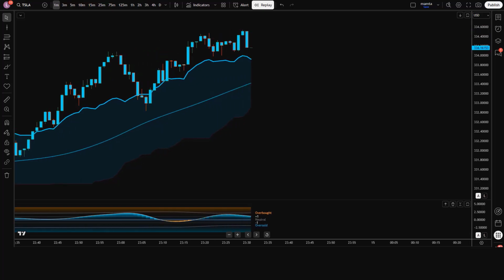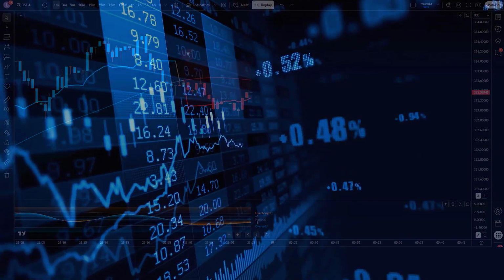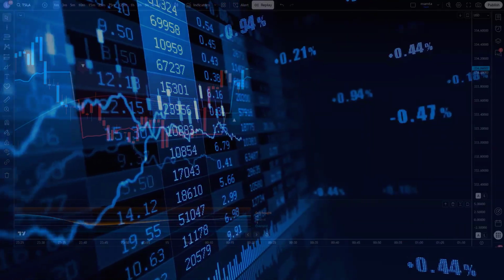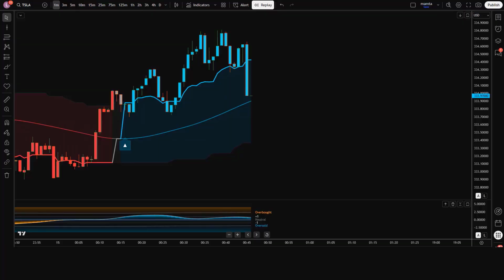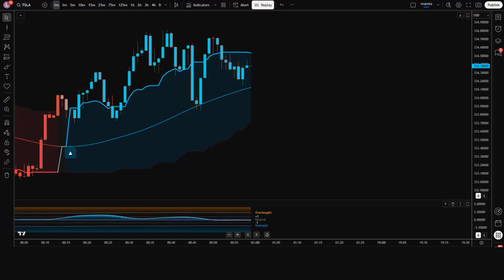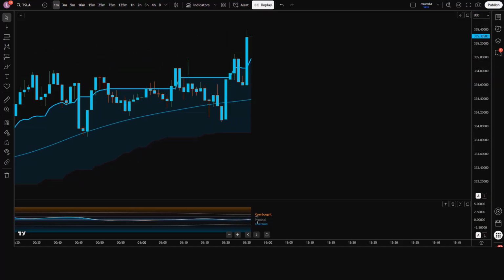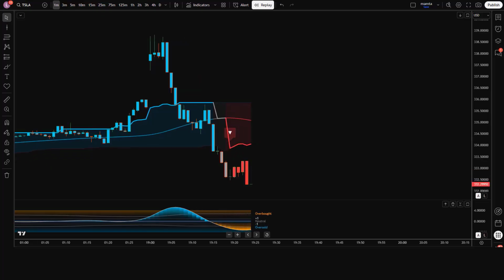Let's dive deeper into this amazing indicator. It's designed to analyze market trends and provide clear signals for when to buy or sell. The beauty of this indicator lies in its simplicity and effectiveness. It uses advanced algorithms to process vast amounts of data, ensuring that you receive timely alerts. Whether you're a beginner or an experienced trader, this tool can enhance your trading strategy and help you capitalize on